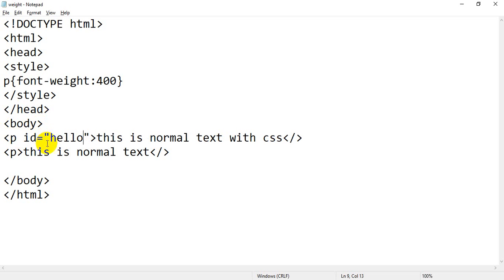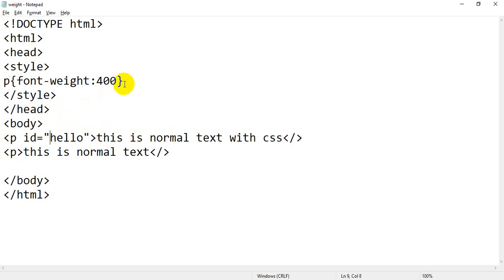Now this ID belongs to this paragraph tag. We have two paragraph tags, this is p tag and again this is p tag. So here I have assigned the ID. What is the ID of this paragraph tag? It is hello. So if I use ID, it will directly access this tag.